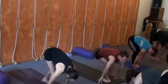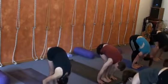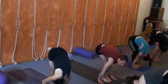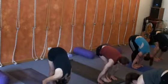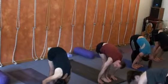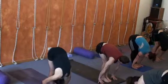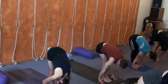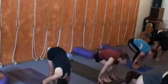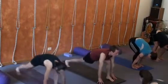Good. And from there, bending the knees, taking the hands down to the mat, crown down to the floor. Once the hands make the connection to the side of the feet, you can just straighten the legs slightly. Allow the crown to work down to the mat. From there, bend your knees, gaze forward, take the opposite foot back, lunge, take your right foot back, and come